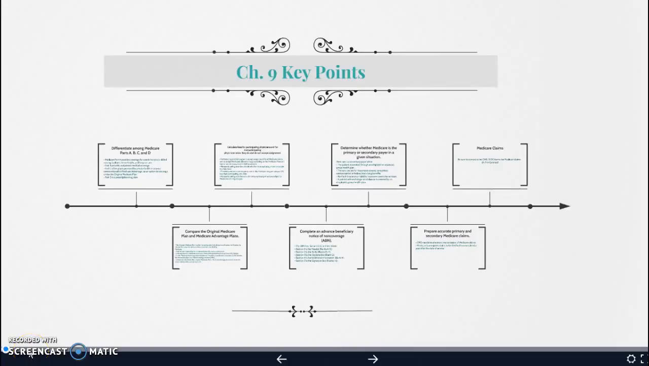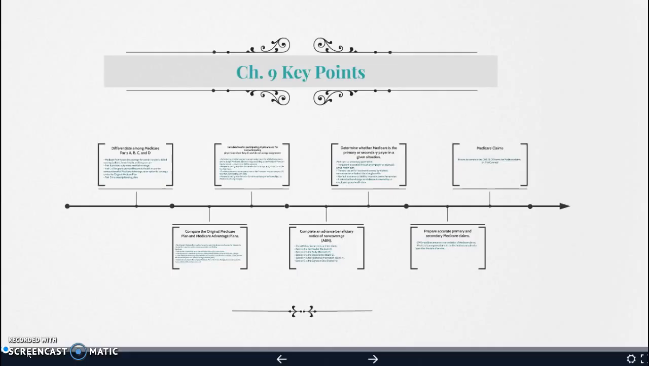Hi guys, so these are the Chapter 9 key points. Chapter 9 has quite a bit of information in it because it is covering Medicare, and Medicare is a substantial part of our health insurance system. We have a great deal of people on Medicare, so we're going to go kind of quickly through this chapter